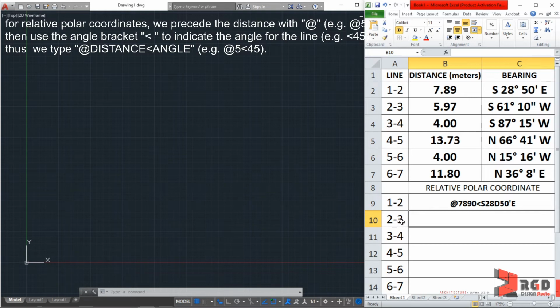For the third point, again @ a distance of 5,970 with an angle of south 61 degrees. Then I typed this wrong. This must be in minutes, not seconds. So 10 minutes, and then west, and it's similar to the other points. So @4,000 angle south 87 degrees 15 minutes west, and then next again @